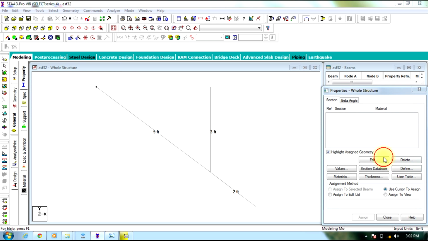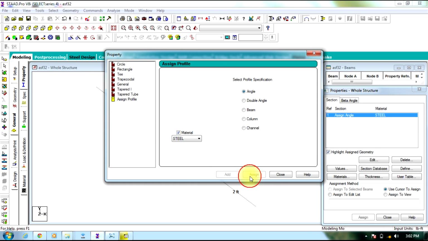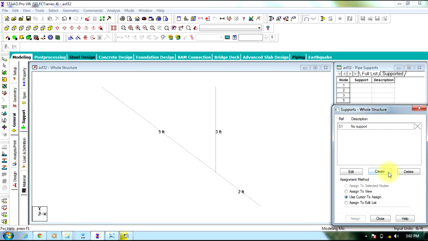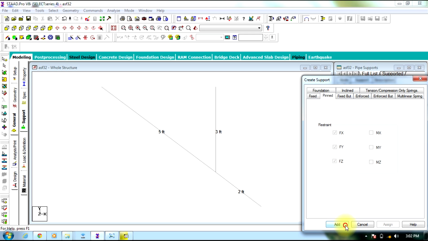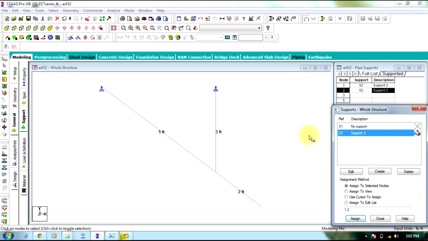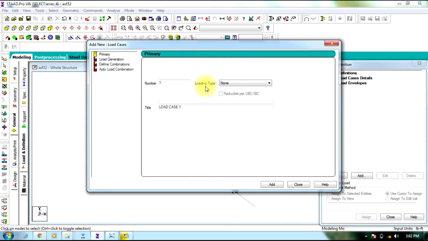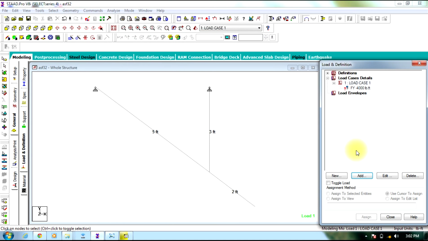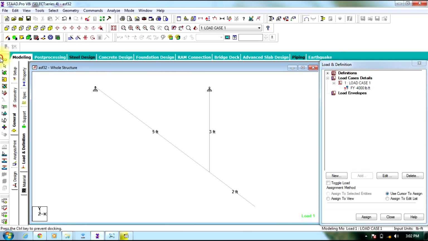So go to general, select define angle, assign angle property to the entire structure, then go to support, create pinned support, assign this pinned support to the 2 nodes, then go to loads, nodal load, which is minus 4000 pounds, assign it to the node,